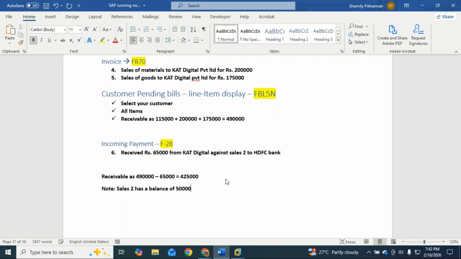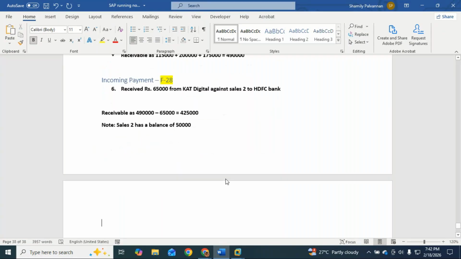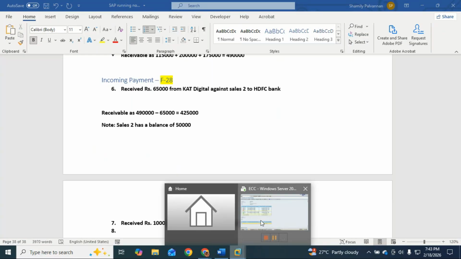of 50,000. Okay. Now what we will do, we will make the next entry saying that received rupees 1 lakh to ICICI Bank from KAT Digital Private Limited. Okay, KAT Digital Limited. Now what I will do, the balance what it is there, 2 sales we are doing it. Let's do the payment entry